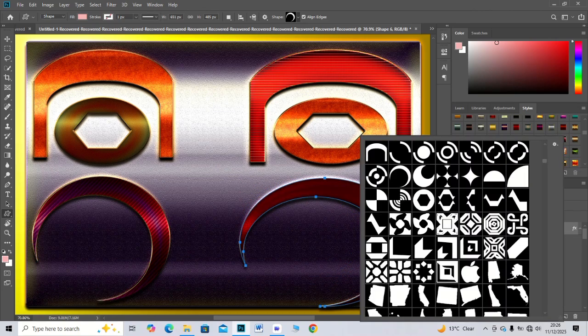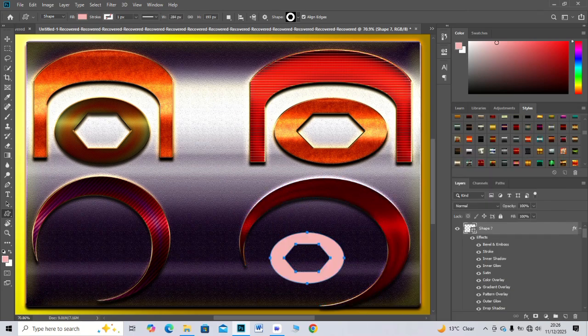Add floating shadows under each card for depth. Insert glowing dots to indicate active